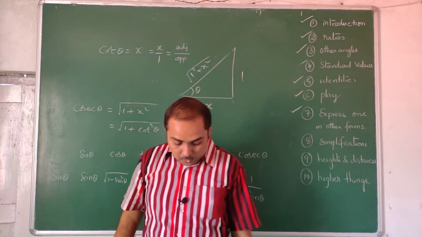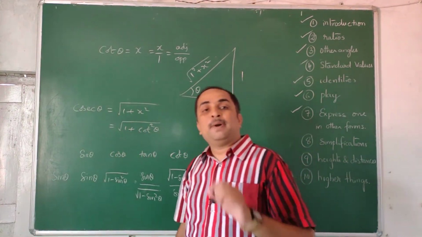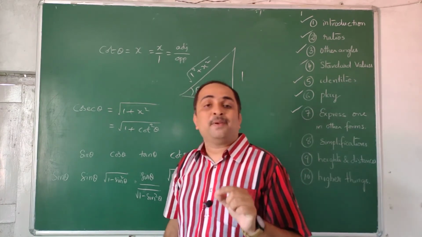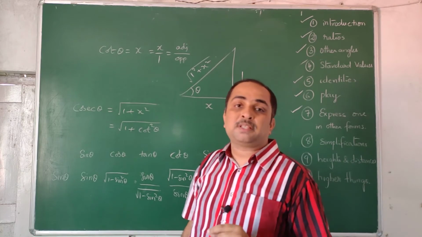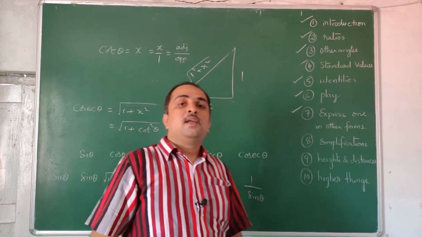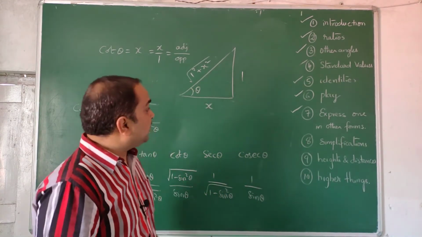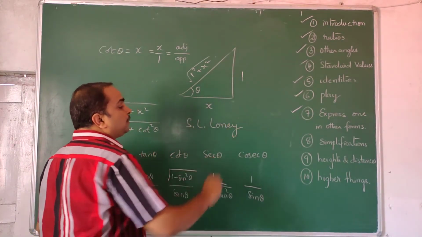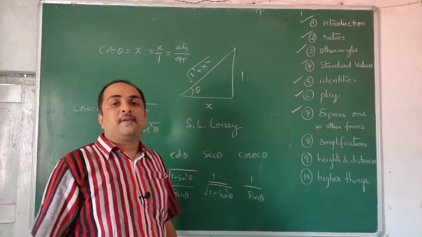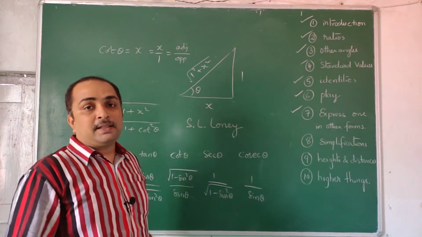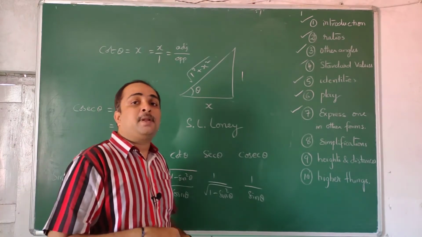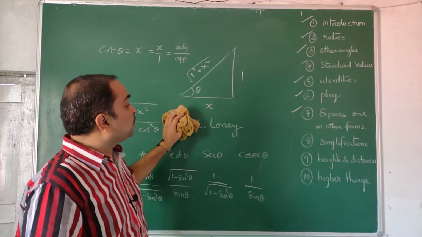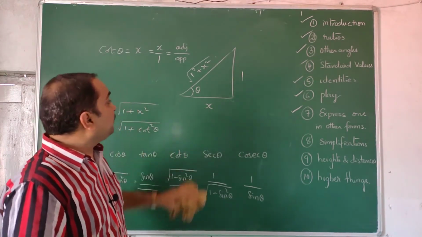This I have taken from a book called Trigonometry by S.L. Loney. Very good book. It's a very small book, not very bulky. Previously CBS publishers used to publish it, now Arihant publishers are publishing. Its cost is not more than 80 rupees. Anybody who is interested in trigonometry, please take that book. In that book, the introduction as well as the problems are given very properly. The elementary things are taken care of, and at the same time it's very helpful even for advanced topics. Even for any competitive examination, including IIT, you can use it. So the S.L. Loney book you can take.